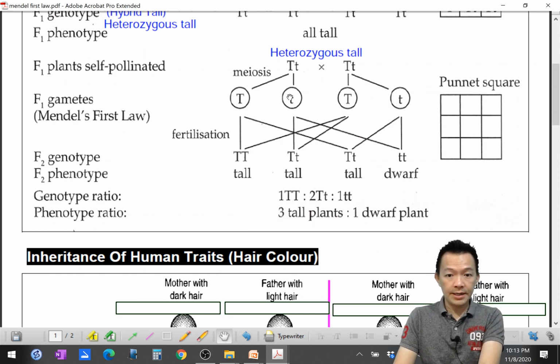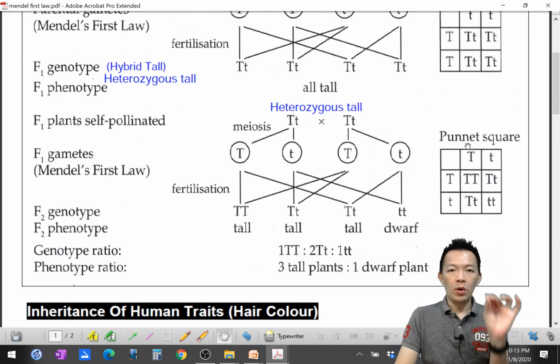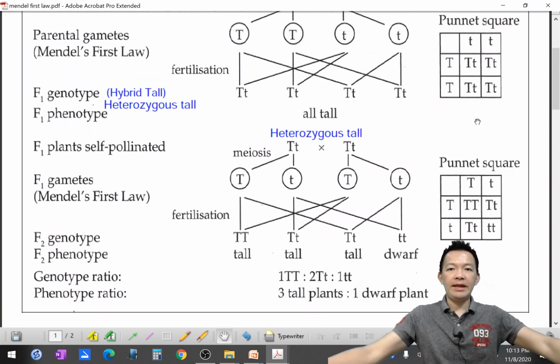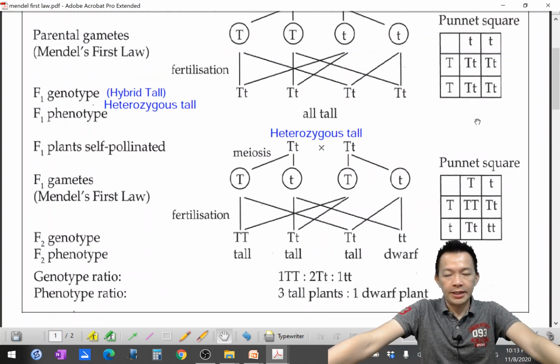Or again, you can represent this diagram with the Punnett square. Okay, so now the left hand side, this is the gametes for the male maybe, and the right hand side, this is the gametes for the female. And you're going to get the offspring 呢，这个就是 homozygous tall，另外一个叫 heterozygous tall，heterozygous tall，homozygous dwarf. Okay, so this is the monohybrid inheritance from the Mendel experiment or from the Mendel first law，就是这个 law 来的。